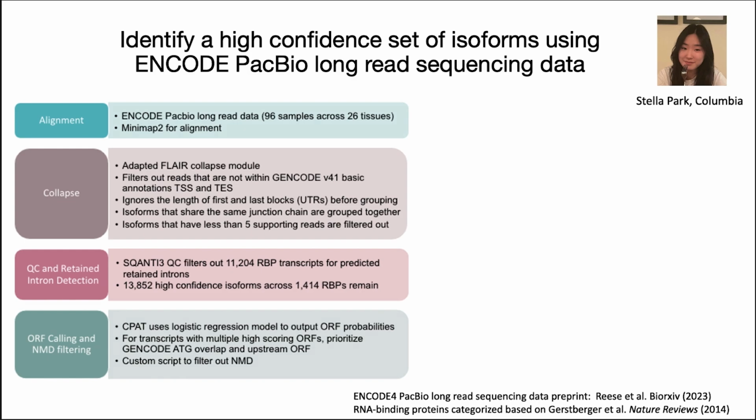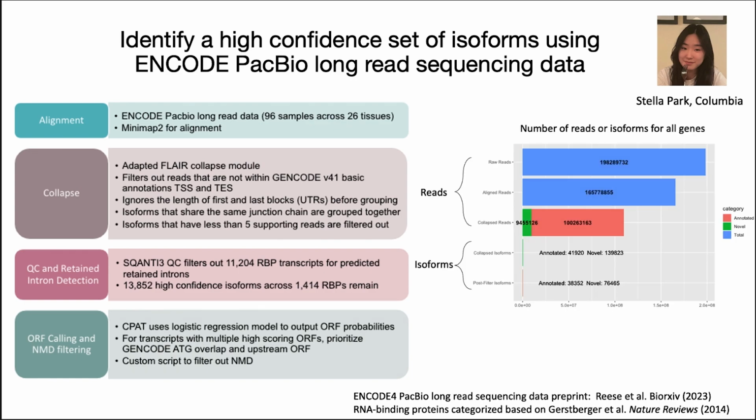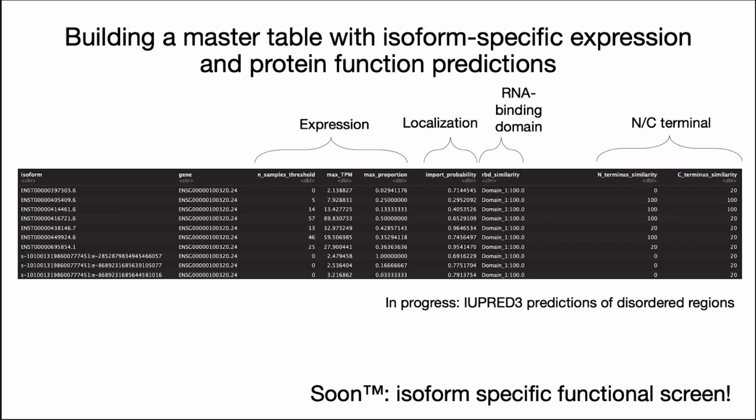And as a sort of first step towards that, my postdoc Megan's been working with a really wonderful undergrad at Columbia, Stella, who's been processing all of the ENCODE PacBio long-read RNA-seq with a slightly customized pipeline for our use case. So they have data for 96 human samples across 26 different tissues. And Stella's gone through a whole process of calling isoforms very carefully across all of those samples, and then try